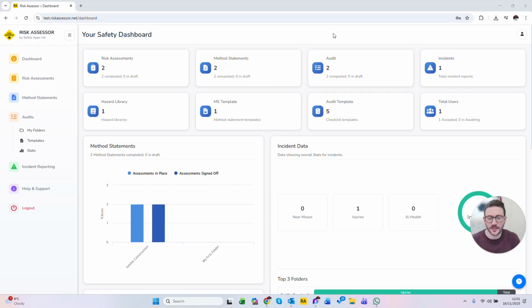Hi, I'm James from Risk Assessor, and today we're going to show you how to report an incident on the desktop. So first we're going to go over to the navigation panel on the left-hand side, and we're going to